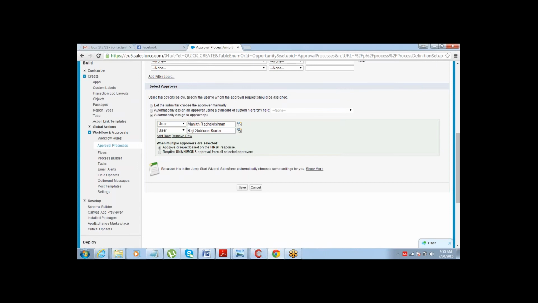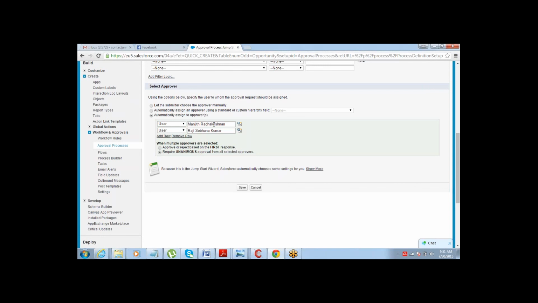So if you just want the first response, select this one: approve or reject based on the first response. If the first person rejects it, reject the record, that should be considered as final rejection. If the first person approves it, consider it as an approval. The other option is require unanimous approval from all selected approvers. This is the one where both of them need to approve.